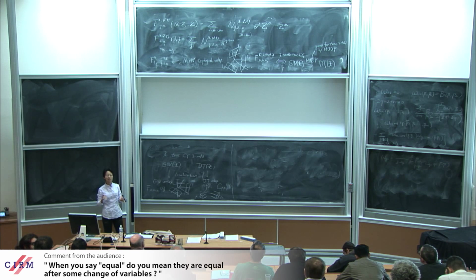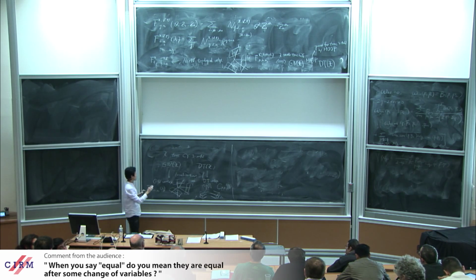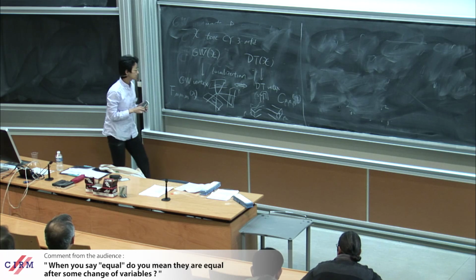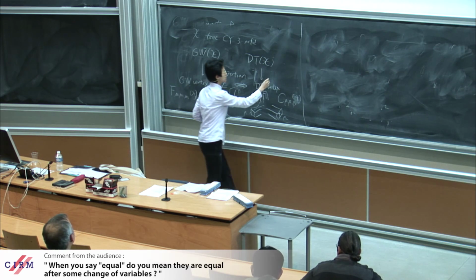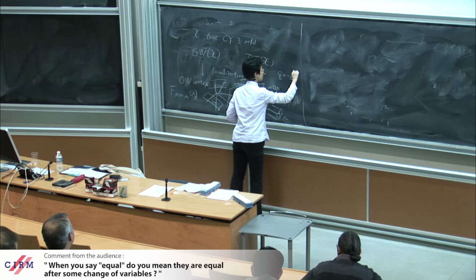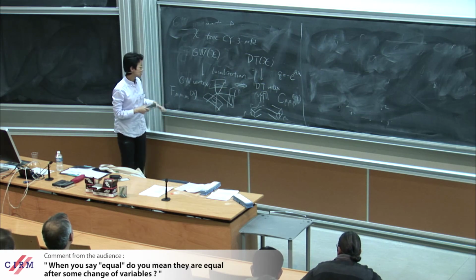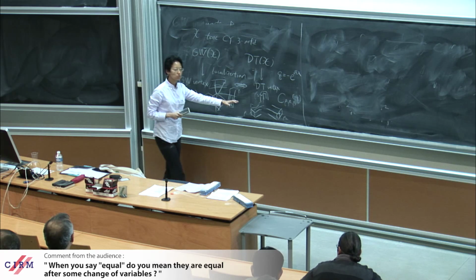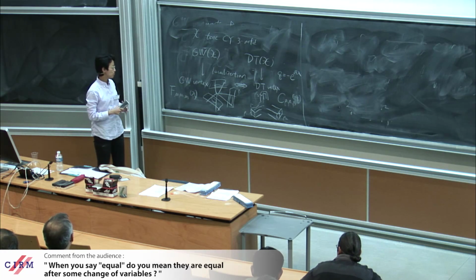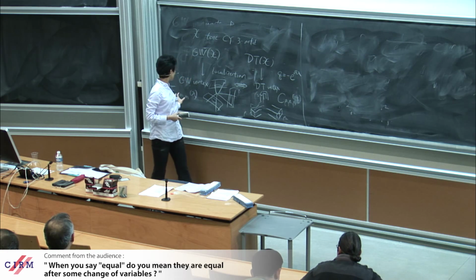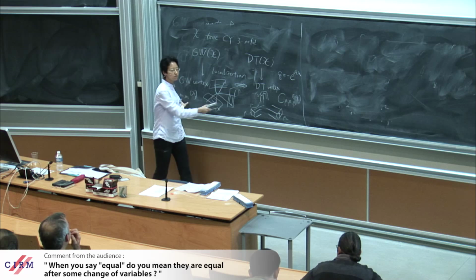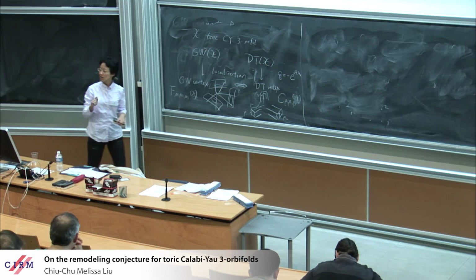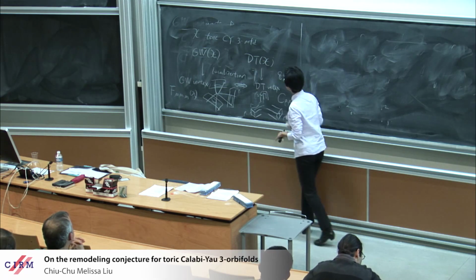When you say equal, does it mean that you're making some change of variables? Oh, yeah, so I should say maybe it's better to say this, because not only do I need to make some change of variables looking like this, but also these two are not in the same basis. One is in Schur functions, one is in Newton polynomials. But there's a change which gives you an exact, precise correspondence between these two series of generating functions. So now we would like the story to extend